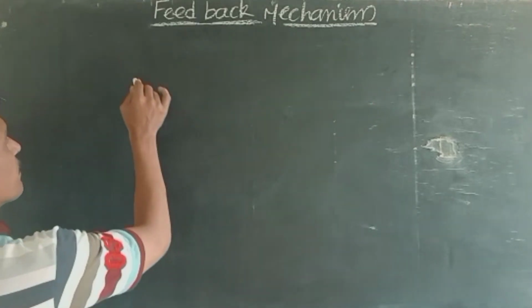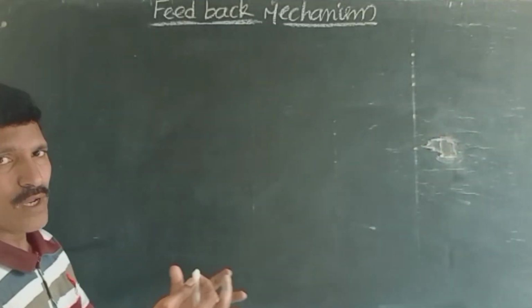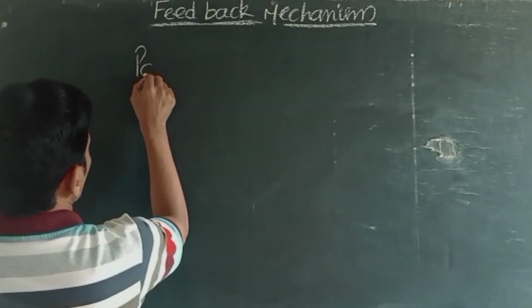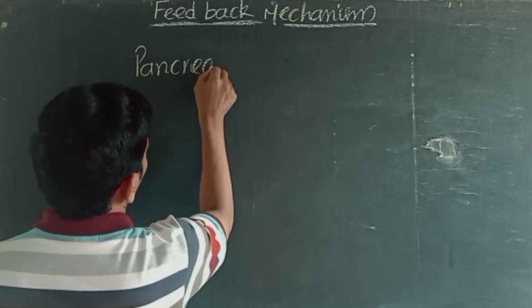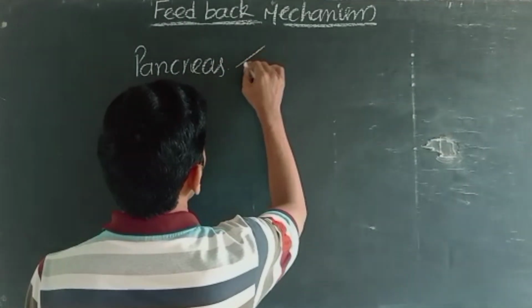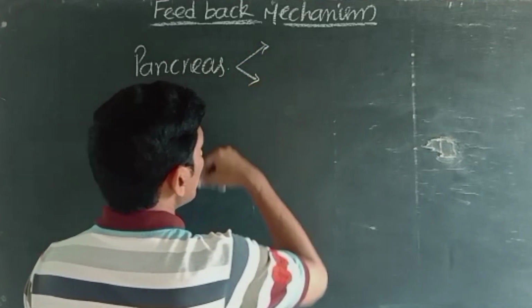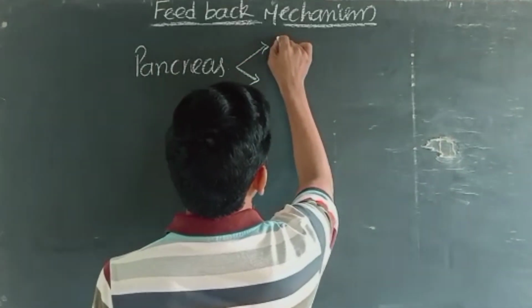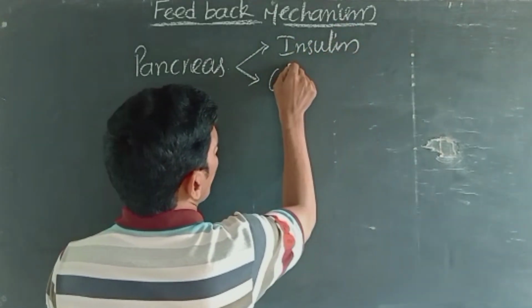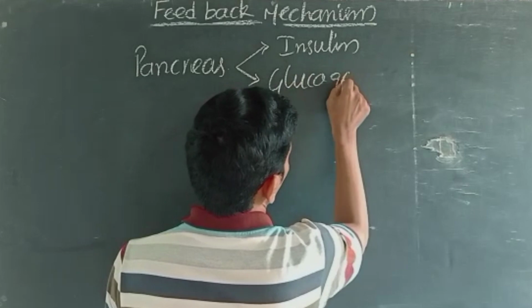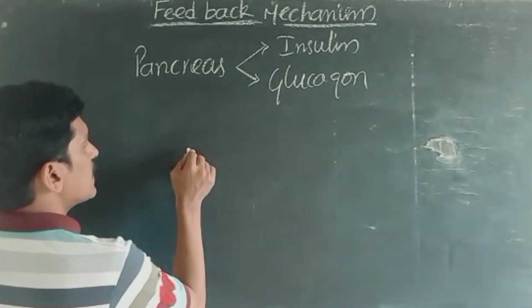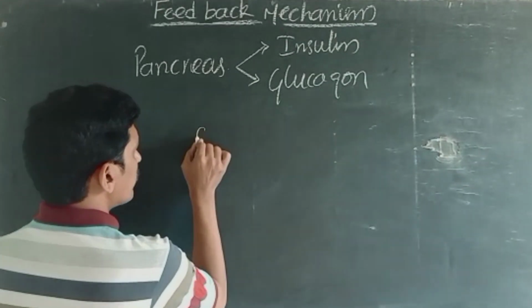We are taking one of the important endocrine glands, the pancreas. We can take the pancreas as one of the endocrine glands, and we know that the pancreas releases two hormones. One is insulin and another is glucagon. Insulin and glucagon. Usually when a person is eating some food materials,